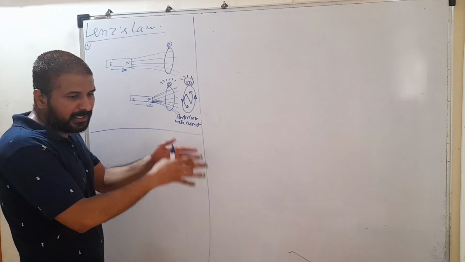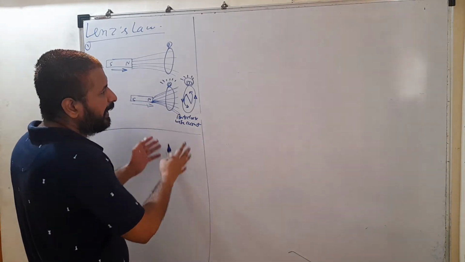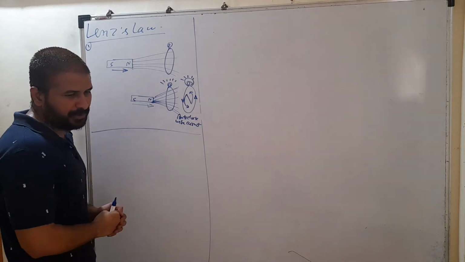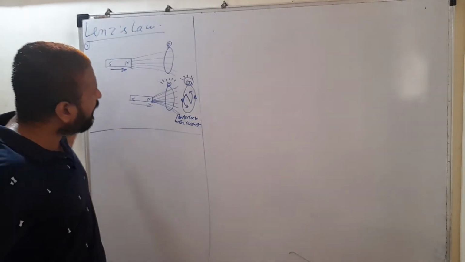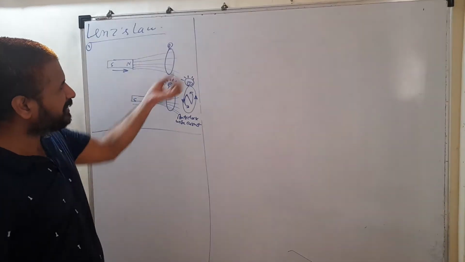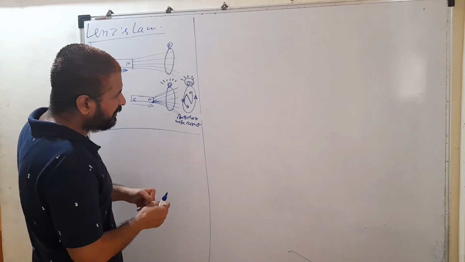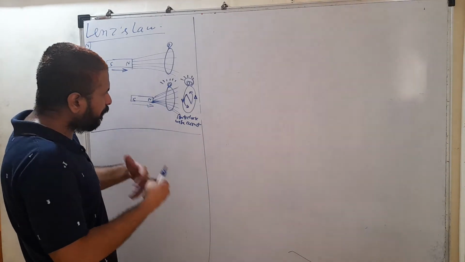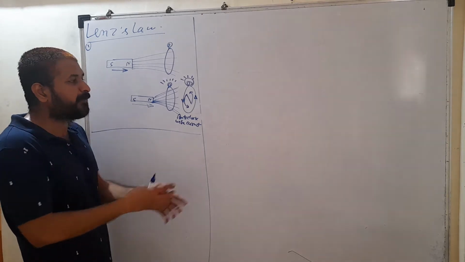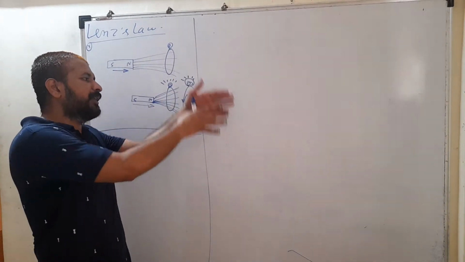Whatever mechanical work is performed, that loss of mechanical work is converted into electricity. We cannot get electricity for free. It is not that the magnet moved by itself and we are getting electricity, and this bulb is glowing. You cannot get electricity for free. So whenever you are trying to change the flux, it opposes that change. So you have to forcefully change that flux. When you forcefully change that flux, it means you have to perform mechanical work, and whatever mechanical work is done, that is converted into electricity.